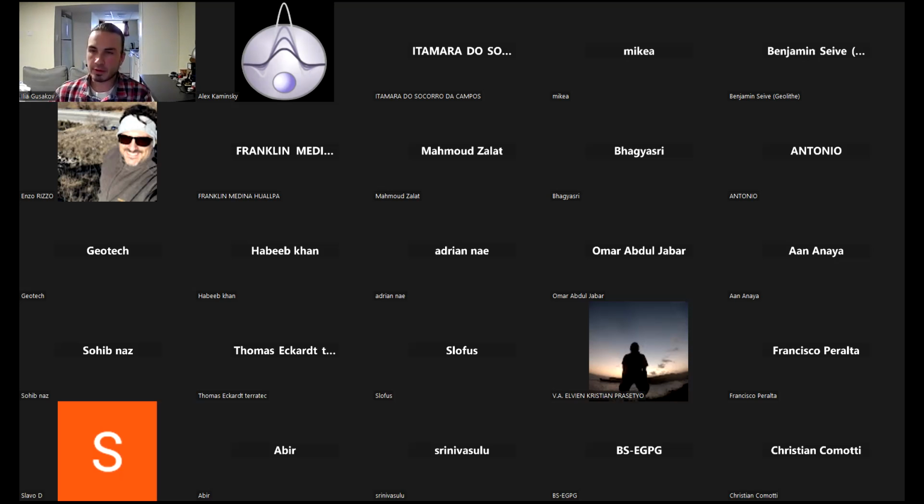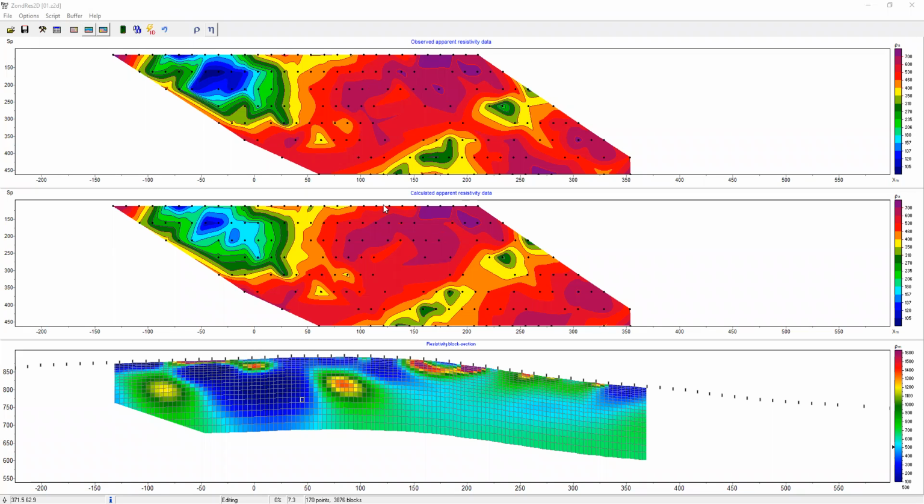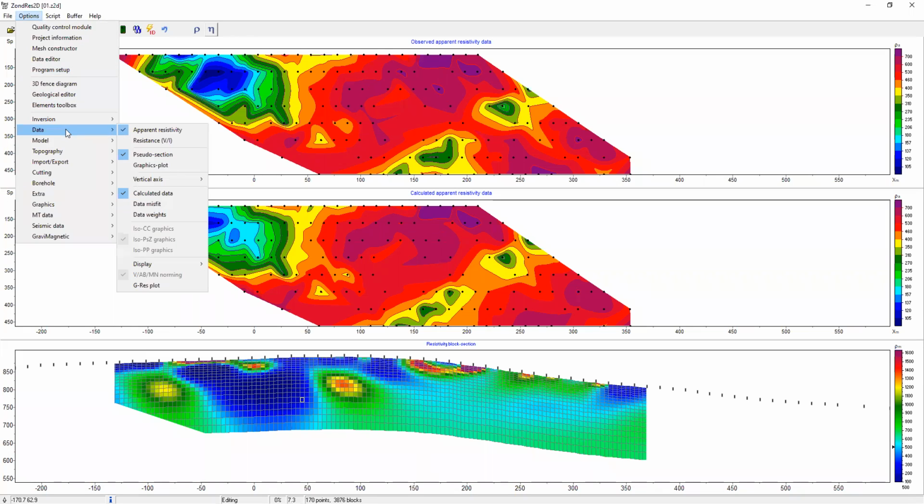So there's another question from Thomas. Can we see the distribution of the misfit on this section? Yes, there is an option to do this, and I'll share my screen again. So for the misfits in the data